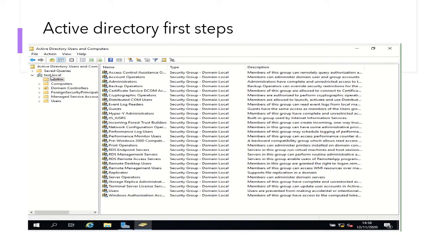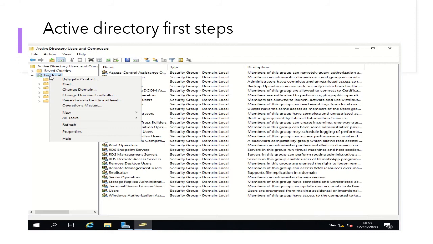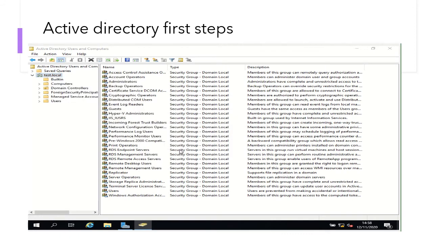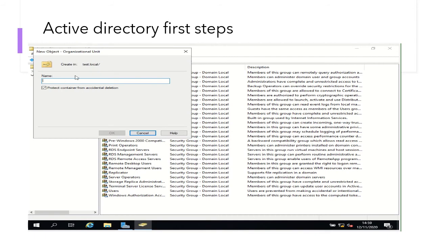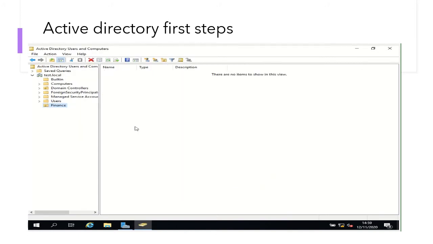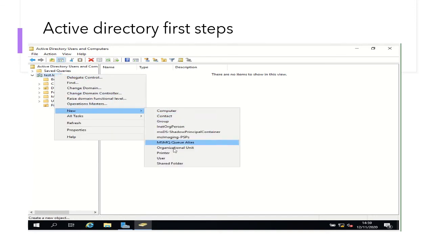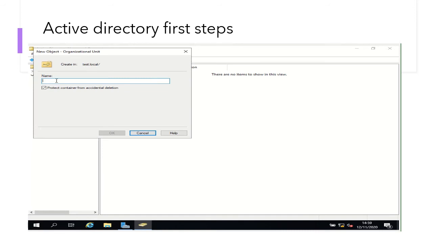So what we want to do is start creating our way of doing things. So in test.local, what we can do is we can go for a few new things. Now, the first thing you want to do is an organisational unit. Imagine that you have different companies within your organisation. So we'll just say we've got finance. Okay, so we'll create a finance container just for these users. Okay, now we'll have a couple. I'll go for another one, and we'll just say